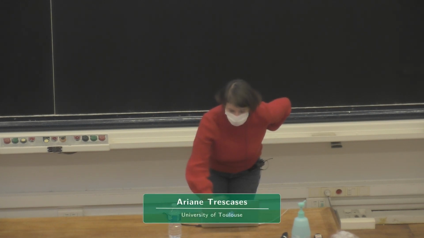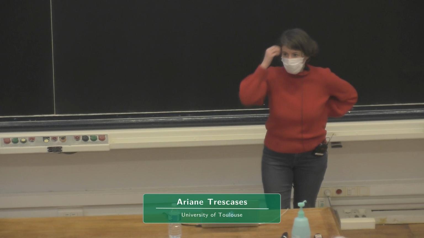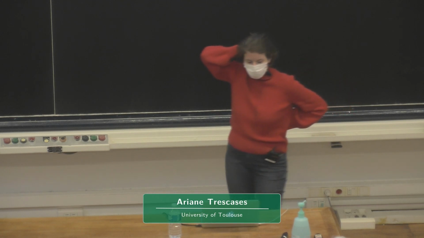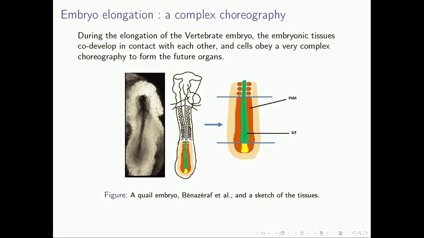So let's start with the embryo elongation. At the very beginning of the life of the embryo, it is round or symmetrically shaped, and suddenly there is a symmetry breaking, and it starts to elongate in one direction, and this elongation is very radical, really decided along one axis in one direction. And this elongation is actually